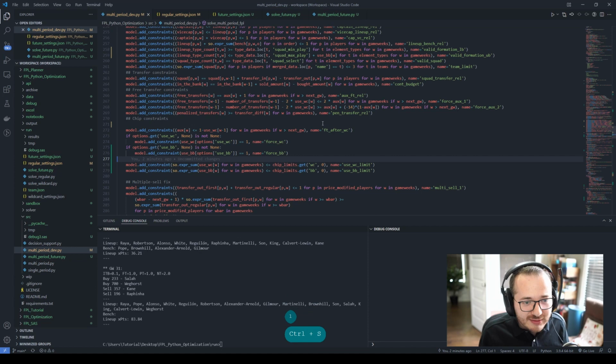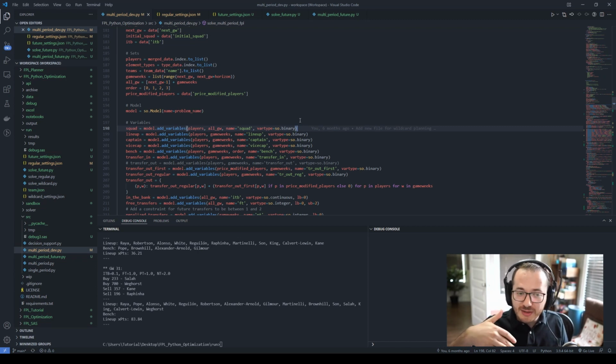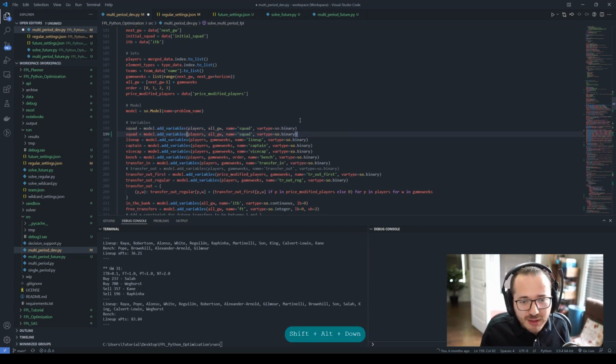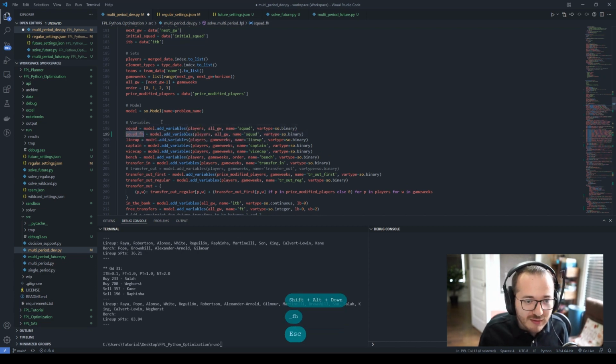So let's start with going here and then explaining what's happening. The squad variable is actually keeping which players are in our squad, but essentially when you are on free hit, you have a temporary squad. So we can't actually use our squad variable for this purpose. Otherwise, we will be transferring up to 15 players, and then asking optimization to revert it back. So it gets complicated. But the better way to do it is adding a new variable called squad free hit,